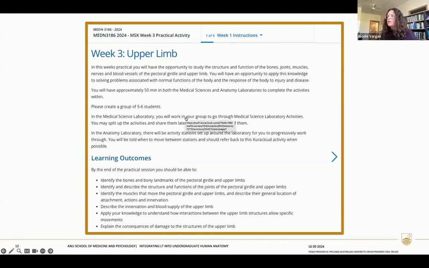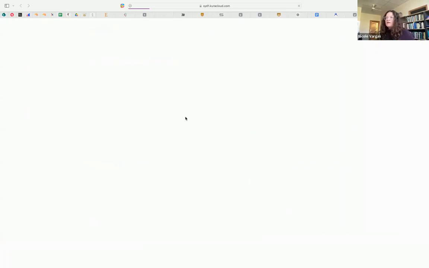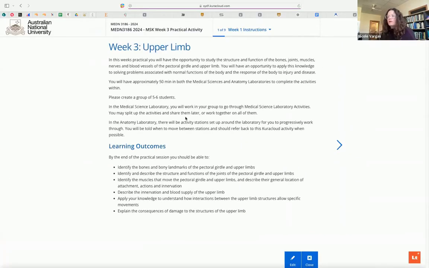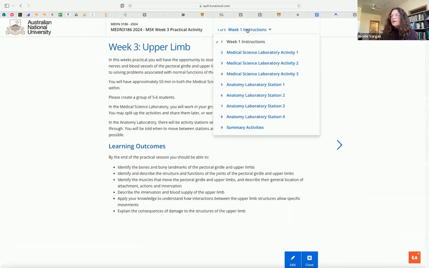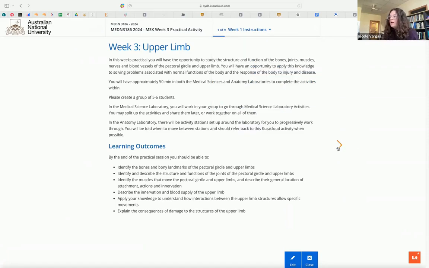So this is an example of a practical activity, again, the same week 3, where they're learning about the upper limb. We provide their specific learning outcomes to them. And then as you can see here, we've structured it so that they have the activities all on a separate page for the medical science laboratory, and then the activities in the anatomy laboratory separately as well. And essentially, this is just the guide. So the students come in and they know they have to open up their practical activity